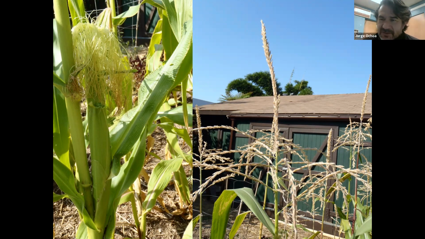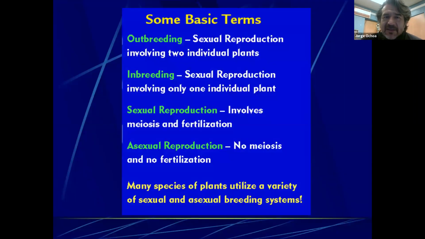Plants want to make sure that their offspring are going to be genetically diverse. And that is why it is going to be difficult or impossible to take a seed from a Golden Delicious apple, grow the seed, and have a Golden Delicious apple. You're going to have something else because it came through the process of sexual reproduction, which means that genetically it is going to be different. And so here are some of the terms that we're going to go over.